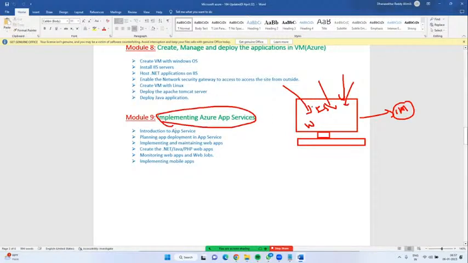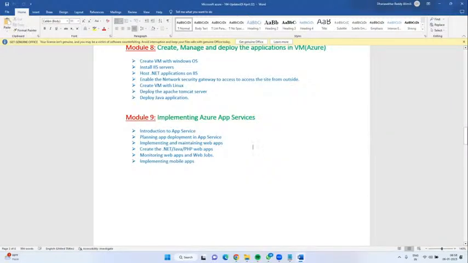PaaS, in the sense, here the vendor is providing only virtual machines. What about the environment? Environment in the sense, what does it mean? The runtime environment we have to set up. For example, you would like to deploy one Java application.